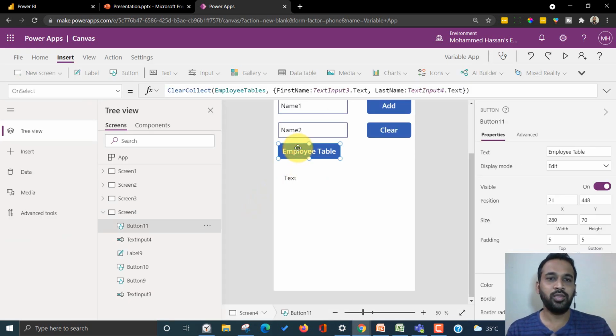Now you might have wondered why you need to clear and collect this information, right? So this will be helpful if you want to collect, add a new record and then add multiple values to that. For an example, if you're going to add an arrival invoice, then you need to click on add new. For one invoice, you will have multiple items. So you will add multiple items in a collections, and then you will save this application to save all the data into one. So this is how it will be helpful for you. So this is all about the use of the variable, the third variable, that is collections in Power Apps.